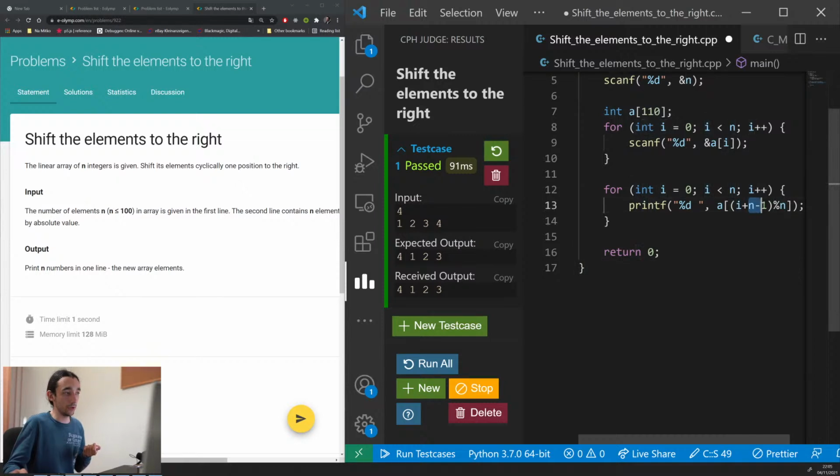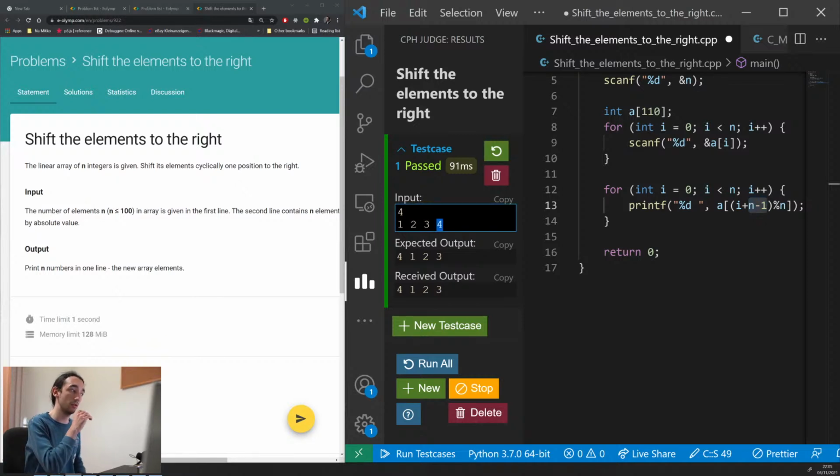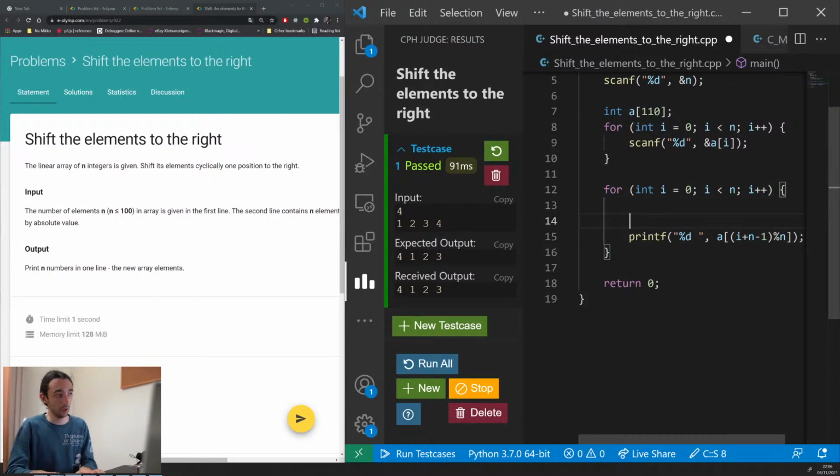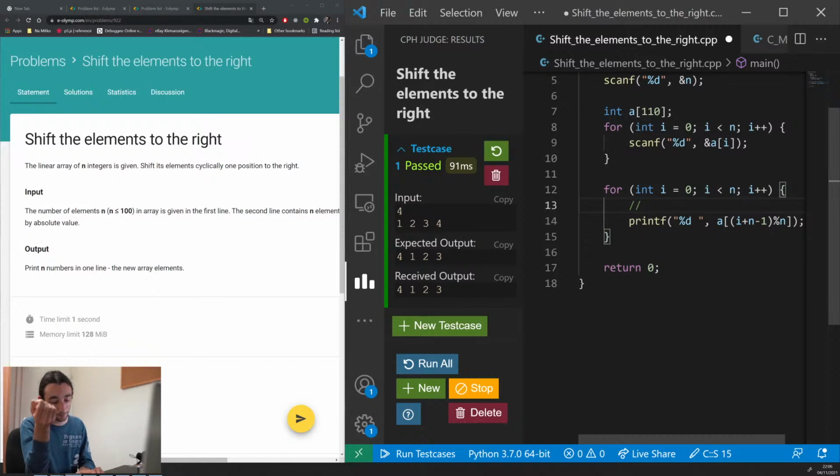How many shifts do you need on the right? So to be, like this is shifting on the left. No, it's not on the left. It's on the... Maybe it will be better if I write this formula. So maybe it will be better to understand this. If I want to shift one element to the, so it's like